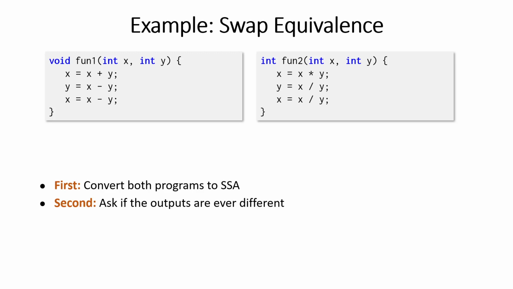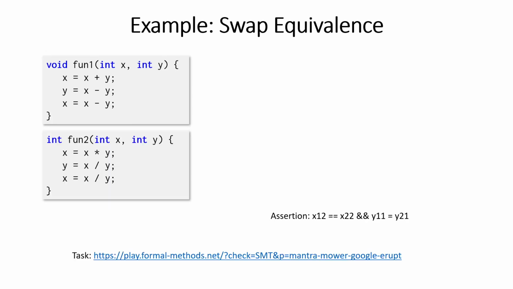Okay. Now, what is actually the difference here? We have a different variant of our swap. You might recall that this was the swap. Here we have a different variant that instead of plus simply uses multiplication, and instead of minus simply uses division, right? So why not? Now they don't have contracts, because we don't really know what these functions do. I mean, we might remember that this was the swap, but let's forget about this now. So those are just two functions, and we want to see whether they are equivalent. So what we need to do,